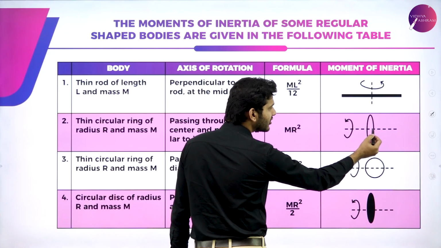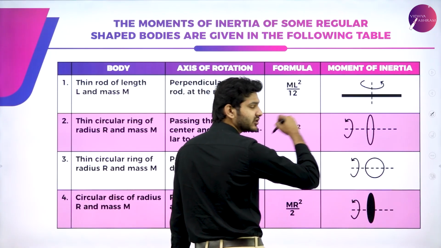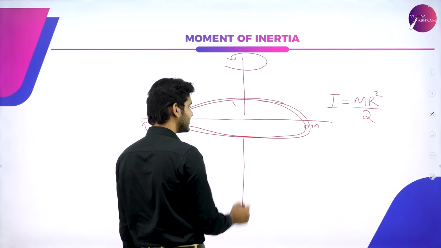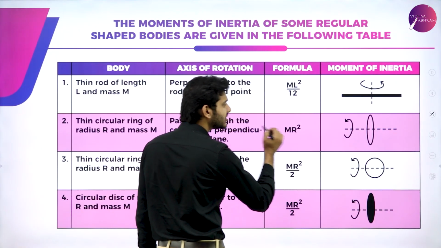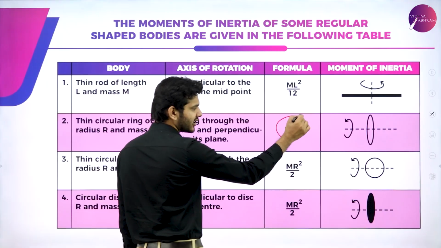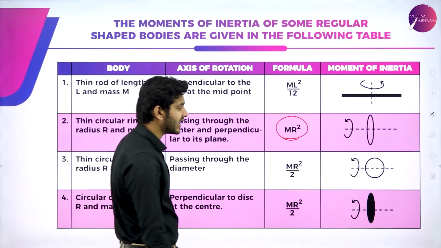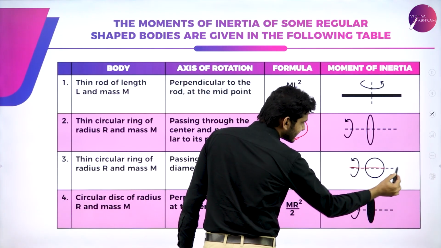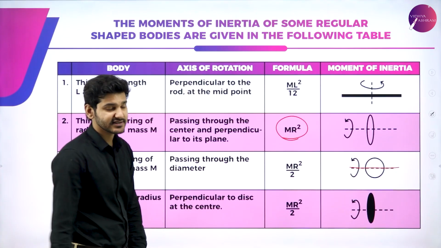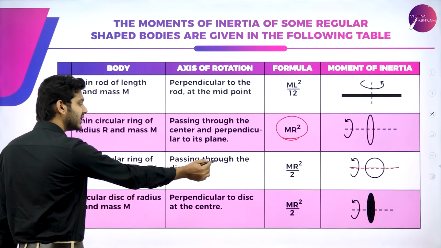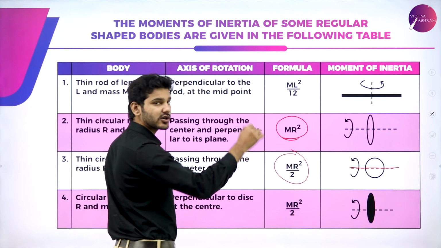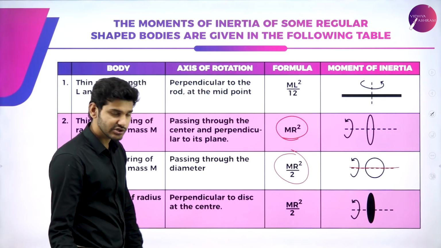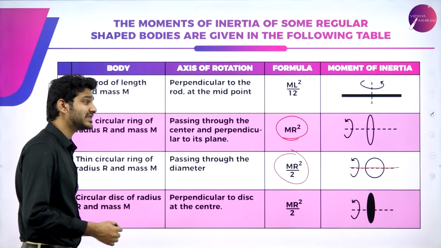Because right now you're just saying that, okay, it is passing through the center. That is the same case. It is passing through the center perpendicular to the plane. So then the moment of inertia is given by mr square. Now again, if the axis is passing through two ends, that is along the diameter, then the moment of inertia will become half of that particular quantity. So mr square by 2. Now that is the case for